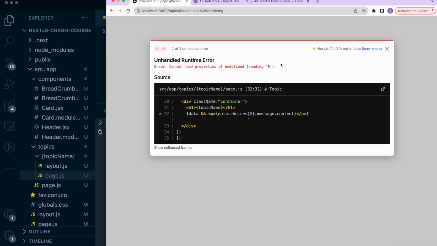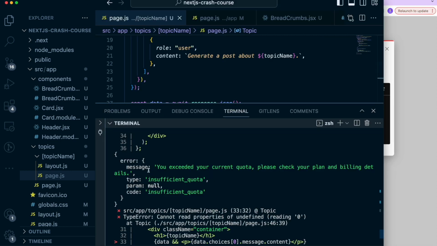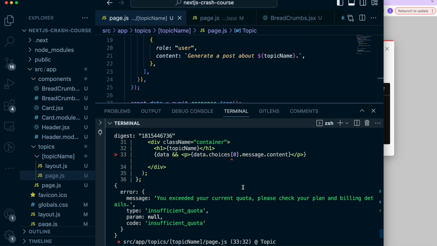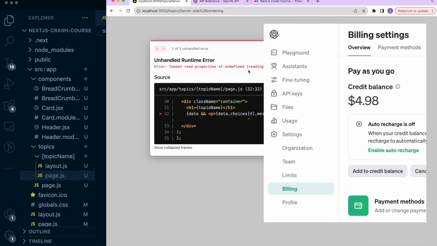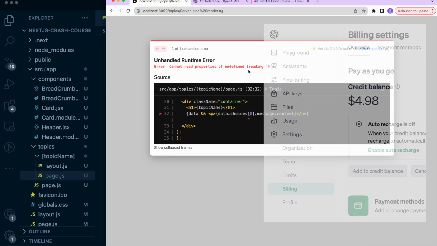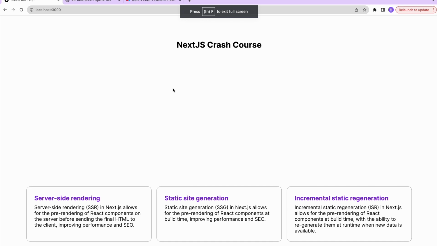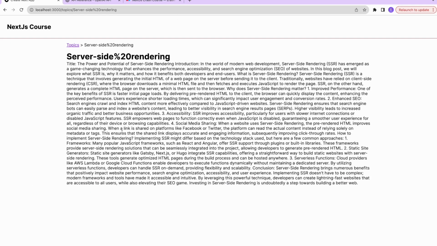So if you ever come across this and don't know where it's coming from, make sure to check your logs. It's always a good practice, whether or not it relates to OpenAI. So once I update my plan, this should go through. Let's try that. And if we open our page up and click one of those cards, we're gonna get this